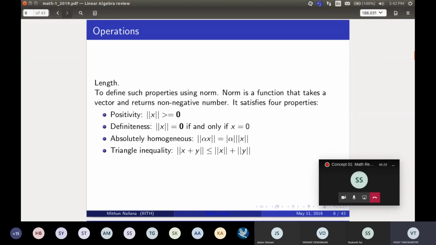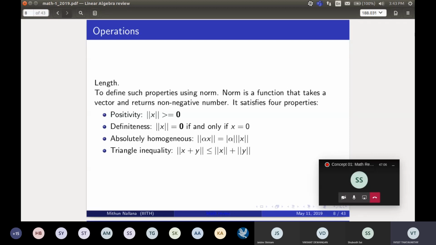It's always greater than or equal to 0, and it is equal to 0 only if x is all the elements of the vector 0, and it is absolutely homogeneous. What does it mean by absolutely homogeneous? If you scale each of the elements of the vector and then take the norm of it, it is equivalent to taking the norm of the vector and then multiplying that with the absolute value of the scale factor. So these are just simple properties that people have tried with different values, or that is how they define norm, and this is what we are seeing.